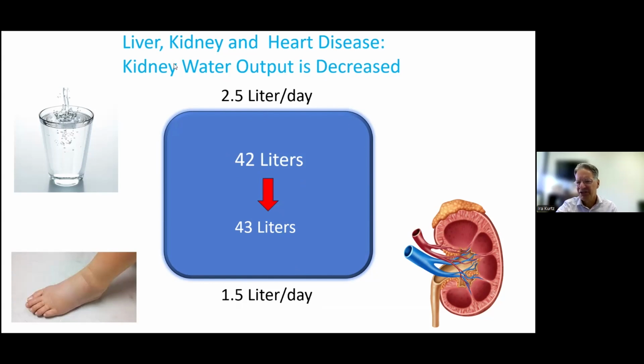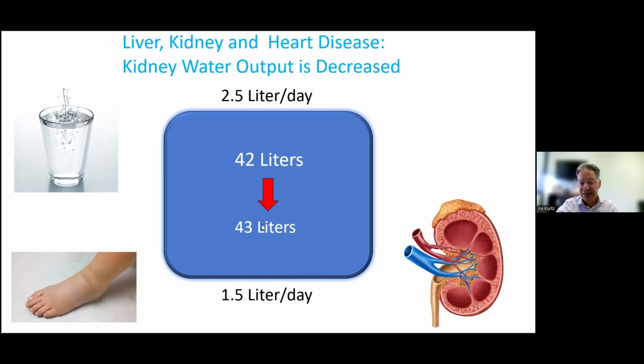I won't talk today about why the kidney can't do it. Just take my word for it. There are disease states where the kidney can't put out sufficient urine. You're going to gain that fluid, and that's going to be manifested as usually swelling in the ankles, because the fluid tends to gather in the ankles when you've been standing all day from gravity. It's usually better in the morning. So this is a person now who's in fluid imbalance, where the input and output are not equal.